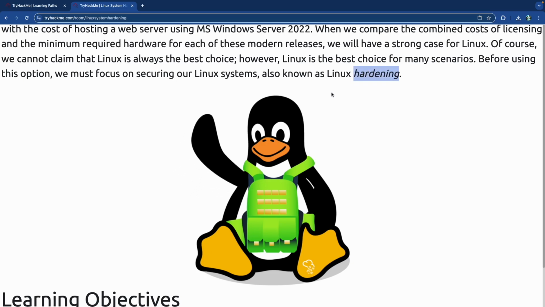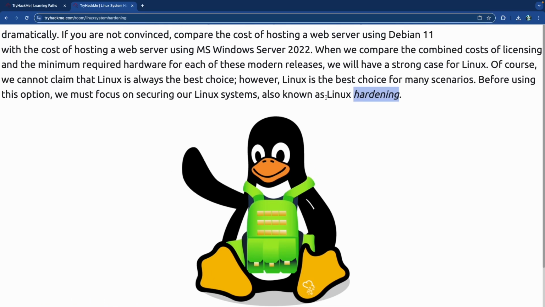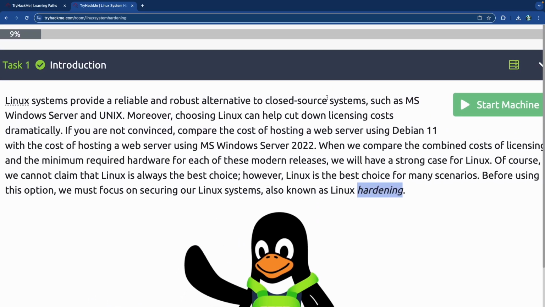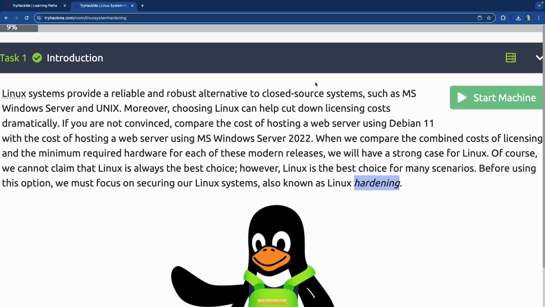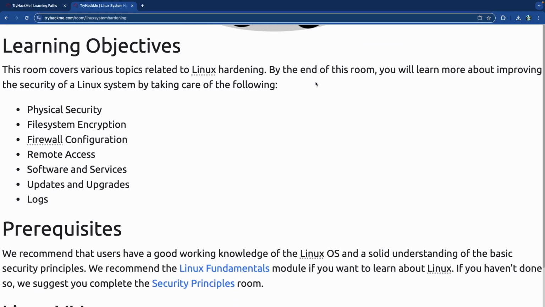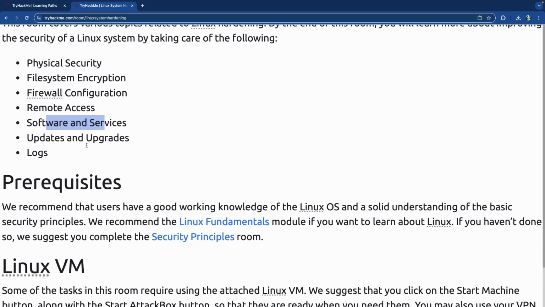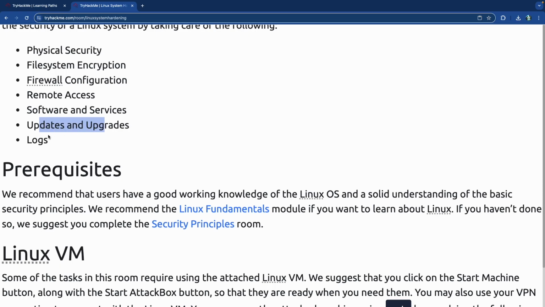The term hardening is very much used in the same breath as securing something. So network hardening, system hardening, all of that is part of securing your environment and your platform and your tools and resources, stuff like that. So these are the learning objectives that we're going to be going through: the physical security of your machine, file system encryption, firewall configuration, remote access, software and services, updates and upgrades, and of course,